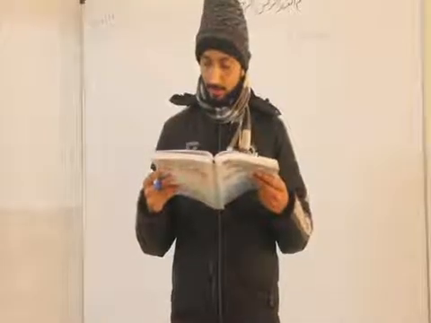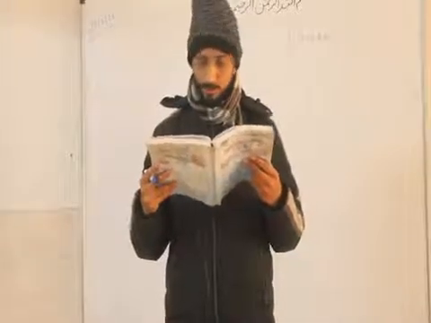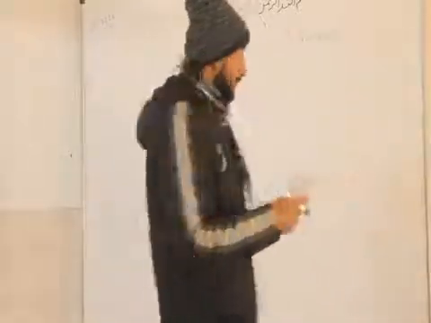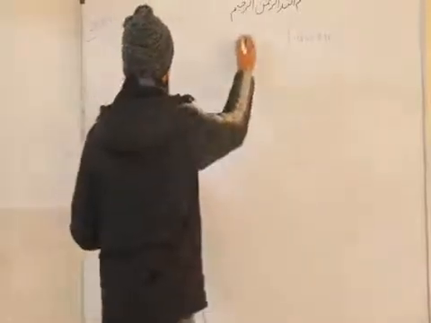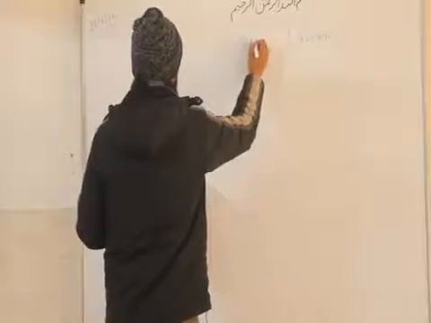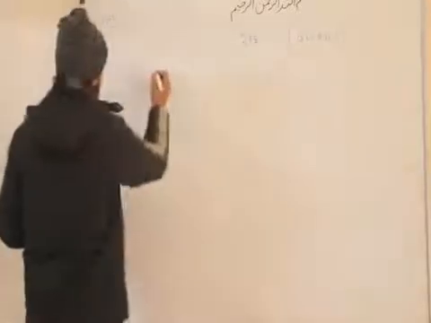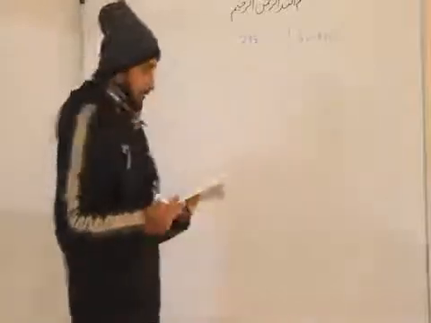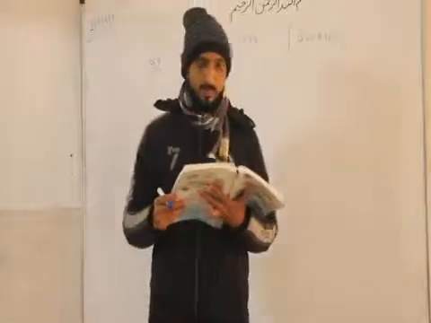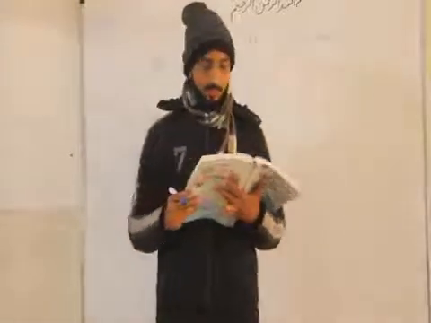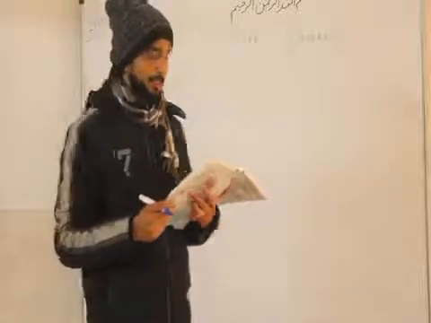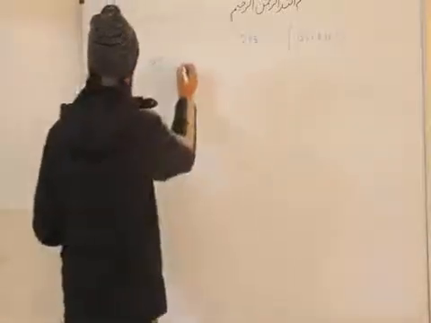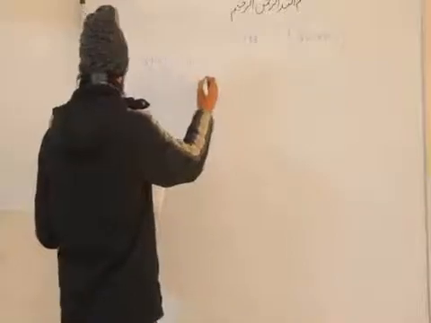Okay, now the next query is question number 9 of page number 283. This is also an important question. Question number 9. Part first, prove that each angle of a rectangle is 90 degree. This one we have to prove. Part first.